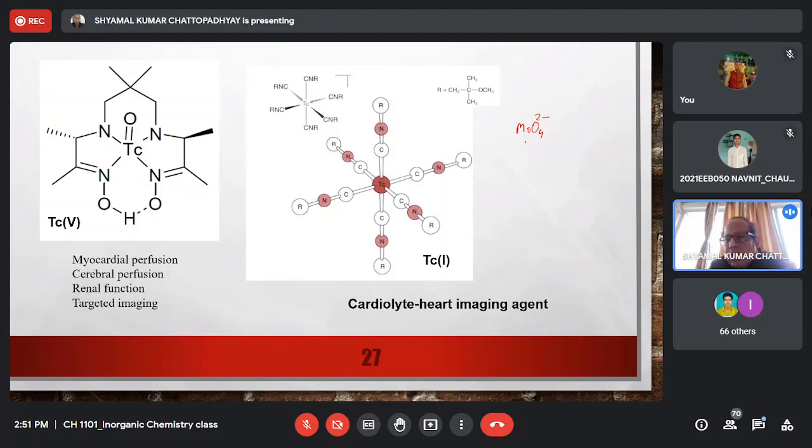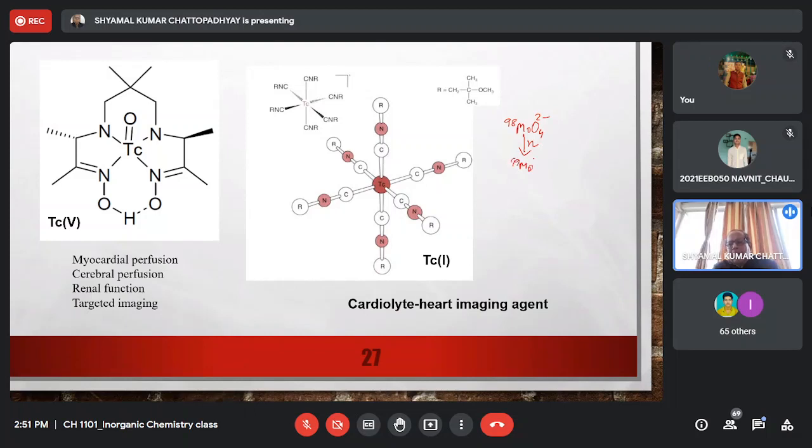So you take say sodium molybdate or ammonium molybdate, and here molybdenum has atomic mass number 98. There are a variety of ways in which you can generate technetium, but this is one of the easiest. You bombard it with a slow neutron, and this molybdenum becomes